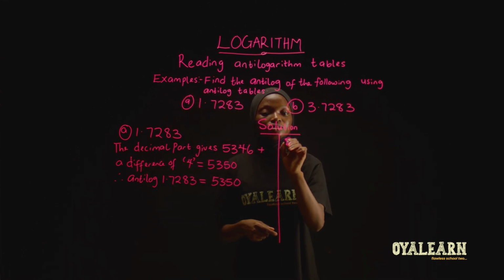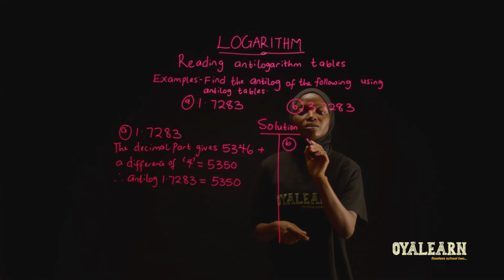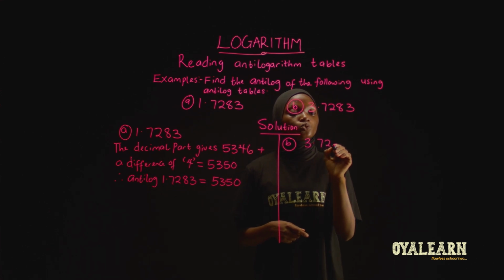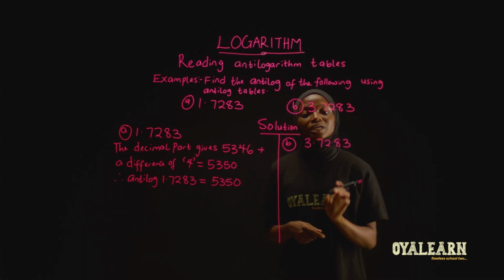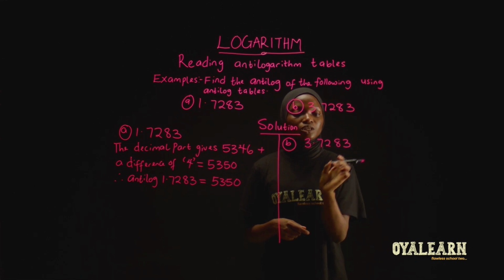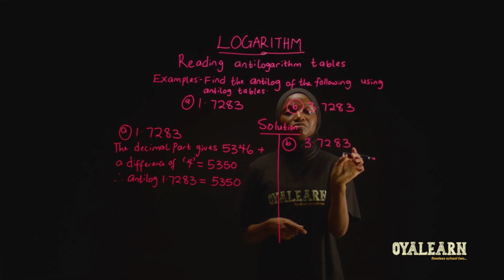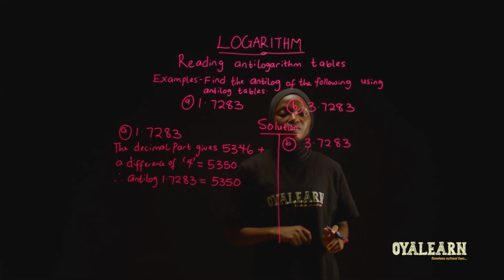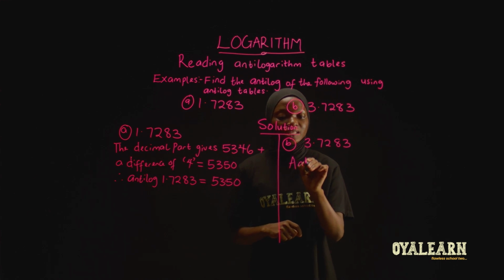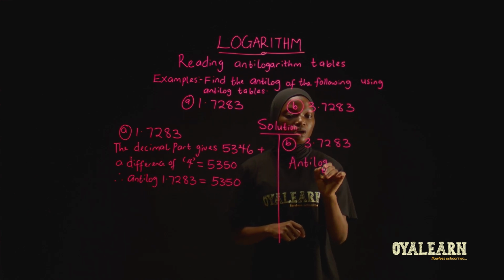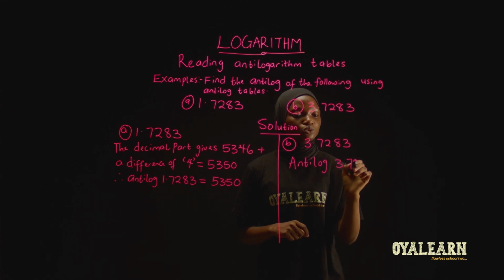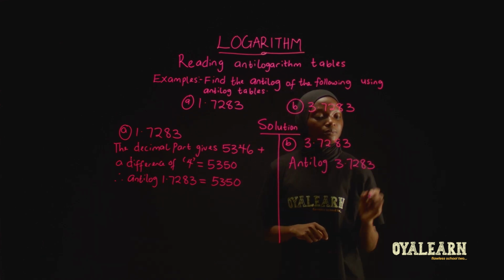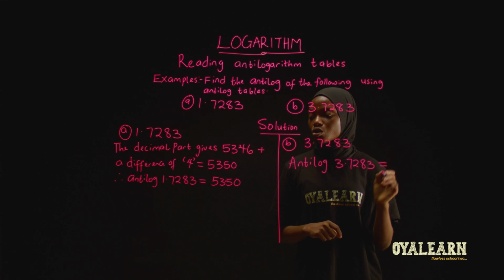The second example, we have 3.7283. Here we already know that under the antilog table, when we check 72 under 8 difference 3, we have 5350. So here we just go straight to it. Antilog of 3.7283 becomes equal to